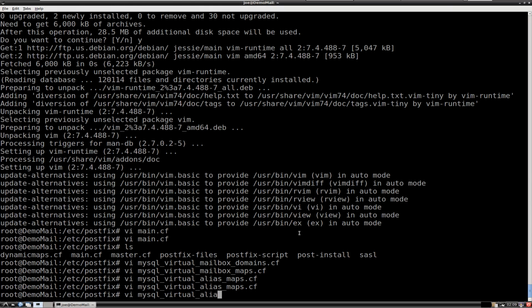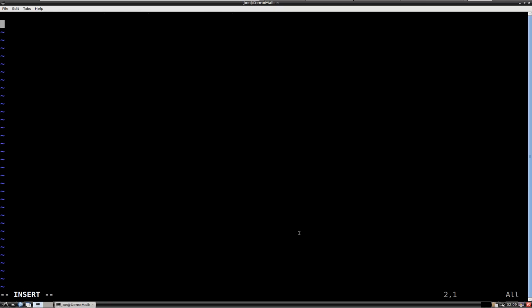Alright, so the next one is going to be the relay domains. So relay .cf. Okay, we're going to do hosts. Oops. Hosts equals 127.0.0.1 all over again. User equals postfix. Password equals root. dbname equals postfix, and then query equals